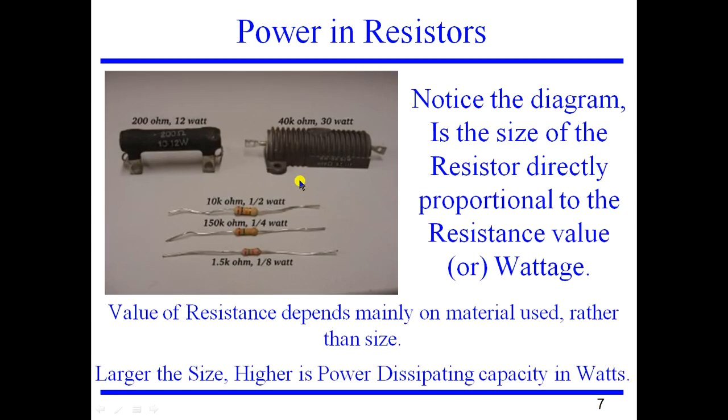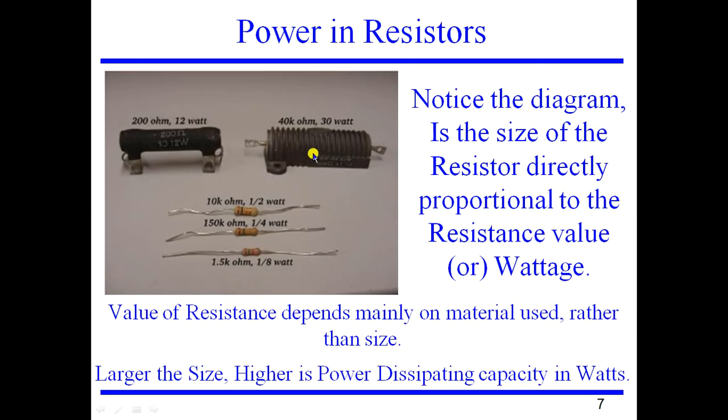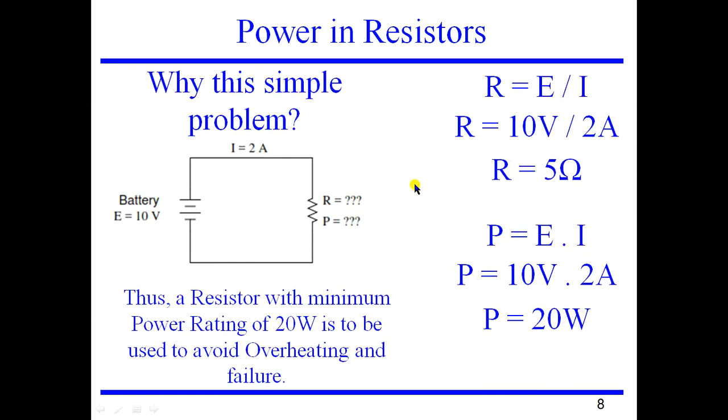It could be 25 watt, or you can even use this 30 watt resistor. So this 30 watt resistor should be used in this component over here, and make sure it is a 5 ohm resistor also. This is 40 kilo ohm, so it's not the exact one. So this is a case probably where you can use a potentiometer or any other component related to that.